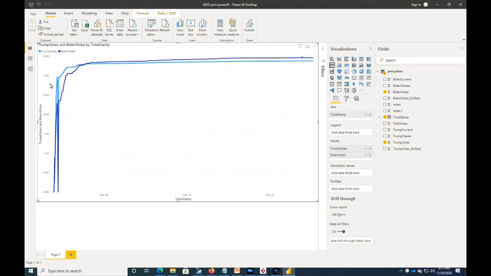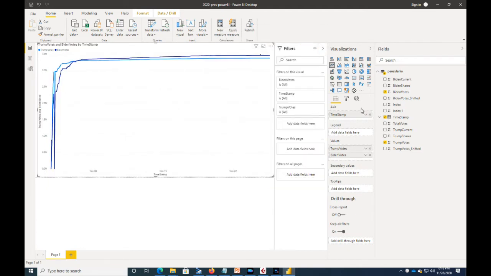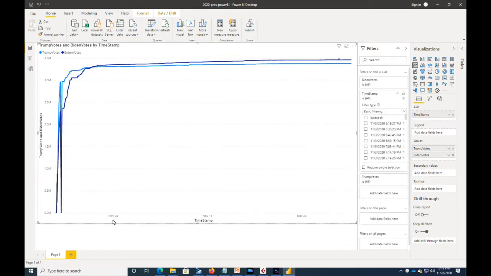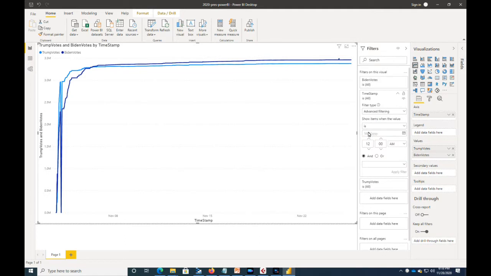Right. So there are a couple of interesting things going on. There's like some drop right here, and then there's a spike over here. Later on, you're probably going to find out that those are inconsequential. But if we wanted to take a closer look at those, we'd go to Filters on Timestamp, and then we change this to be before November 8. So we'd go to Advanced Filtering, and then we'd say Is Before,